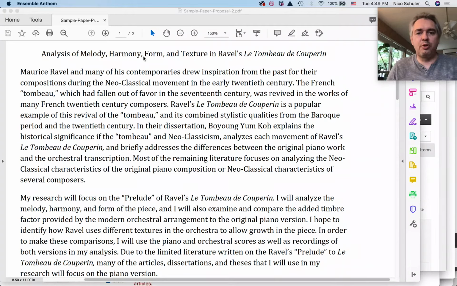so not super long. Although for the purpose of the proposal, it would be perfectly fine to have a longer title, and you can edit it down later on. But if we were to have a title like "Analysis of Melody, Harmony, Form, and Texture in Ravel's Tombeau de Couperin," then it's pretty clear, it's very descriptive, and we know exactly what the focus of the paper will